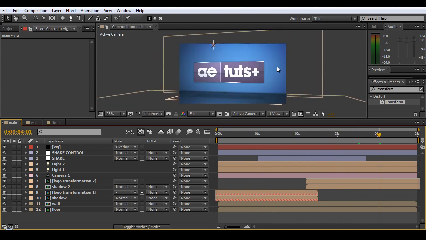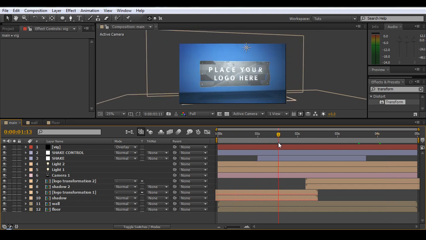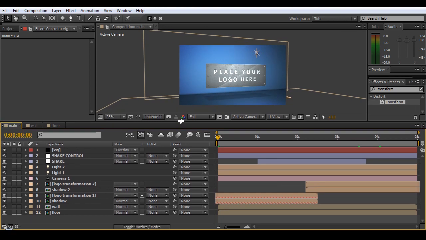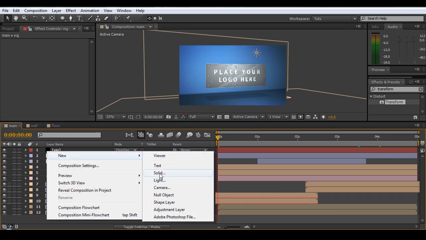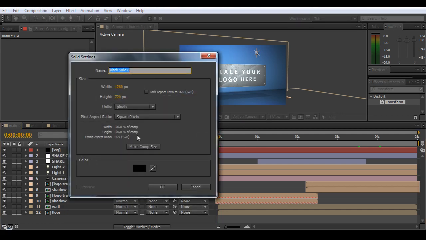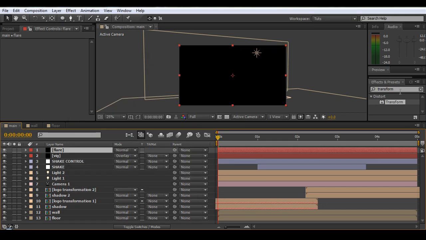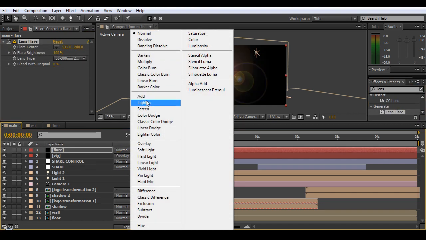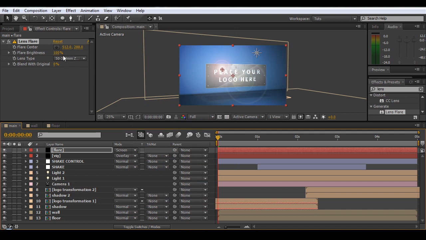It's looking alright. Alright, got that covered. And what else? We've got a lens flare in the original. But before we do that, I think, actually no, I'll do it now. So we'll get a new adjustment layer. Actually we'll get a new solid. Just make it black and call it flare, and we'll get the old stock standard lens flare. Set the blending mode to screen, and I